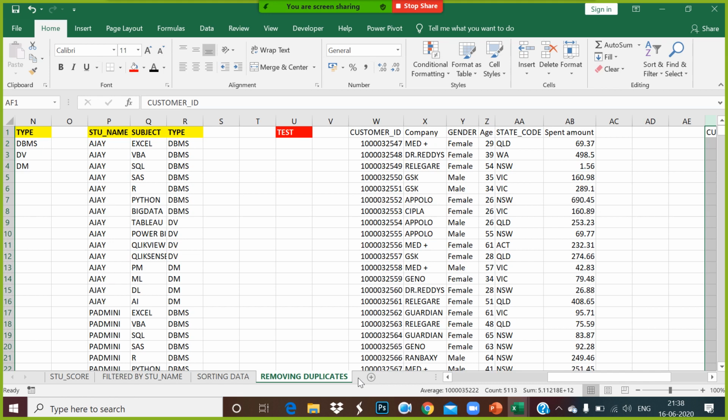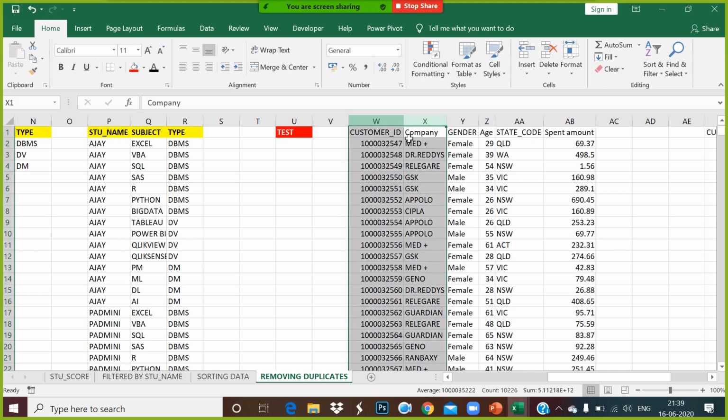But if we select the range from customer ID to spent amount, in that case it will not be duplicate, right? You can justify saying that this one customer has multiple companies associated, hence my customer is duplicate based on the companies. But if you combine customer ID with company as a key, then in that case it is not duplicate. But in this example, each company has unique customers. Hence, this entire data is unique.